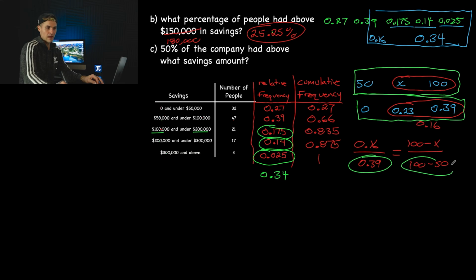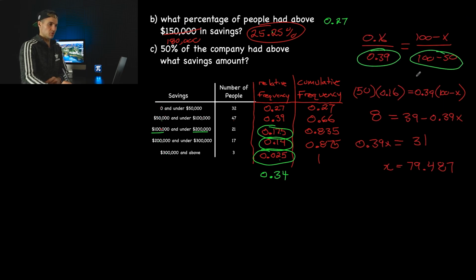right? Like that. Those are basically in line there, and so these reds here have to be proportionate, so 0.39 minus 0.23 or 0.16, because that's what we need here to get to the 0.5, that amount has to be in proportion to this amount, 100 minus X right here. And then we could just cross multiply and solve for X. And so when you do all that algebra, cross multiplying here, do the algebra, isolate for X, you end up with X equaling